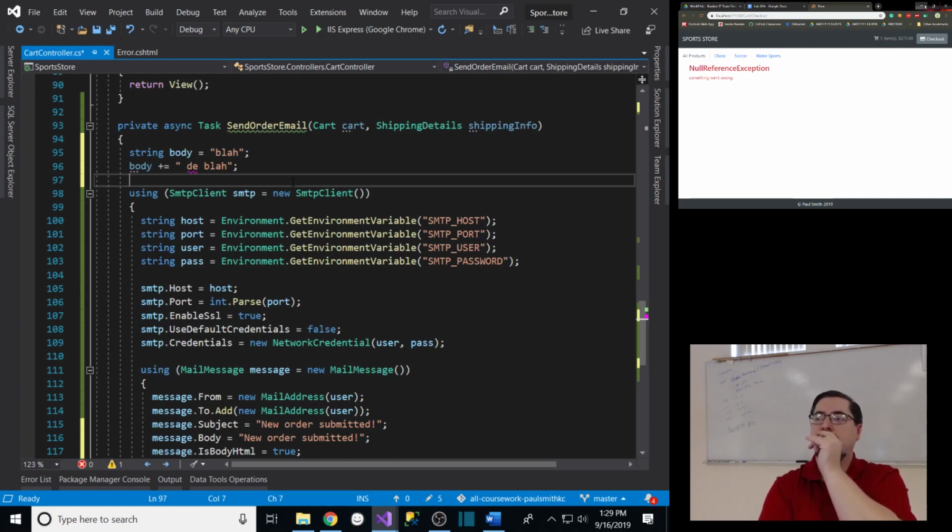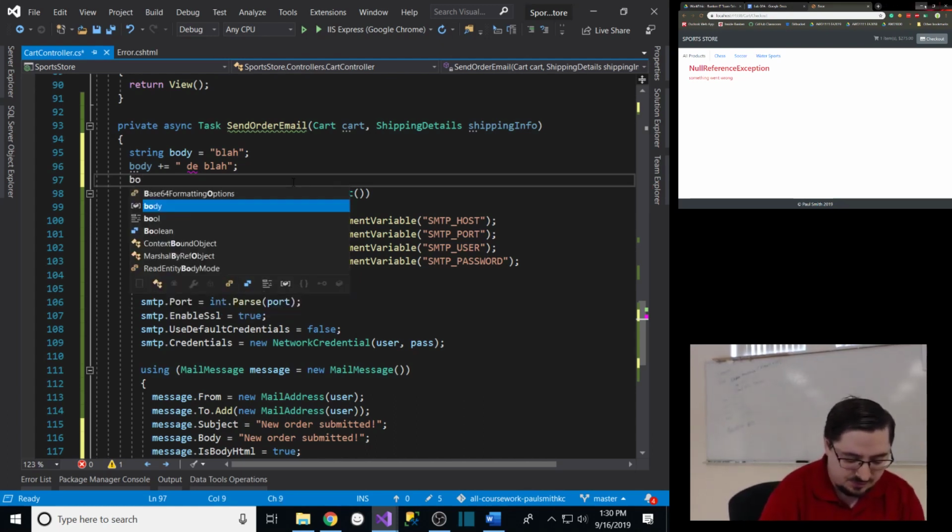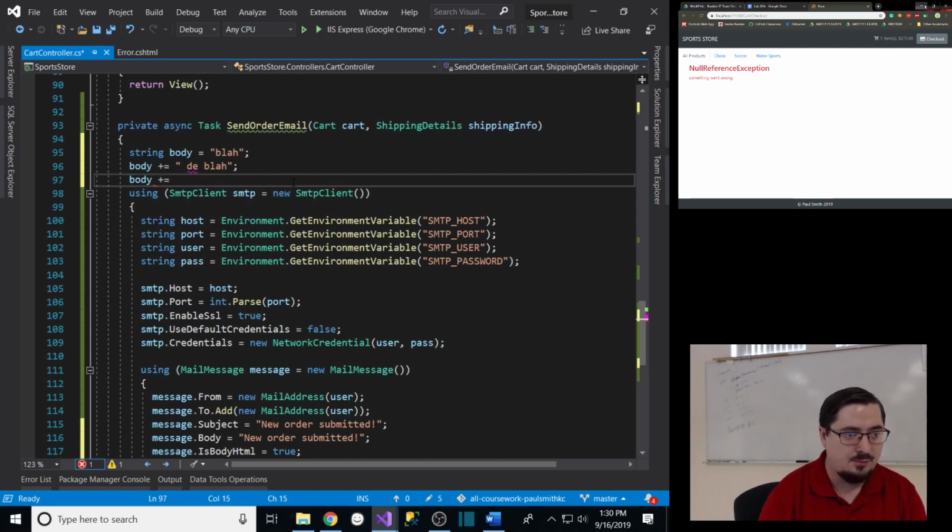He has a foreach loop, and he's also using some formatting tools. Can you not do that just by adding it to a basic string? Doesn't concatenation that way use a bit more resources because it has to combine arrays? Right? It's building a string over and over again. So let me put one more line in there just to accentuate the point. So body plus equals